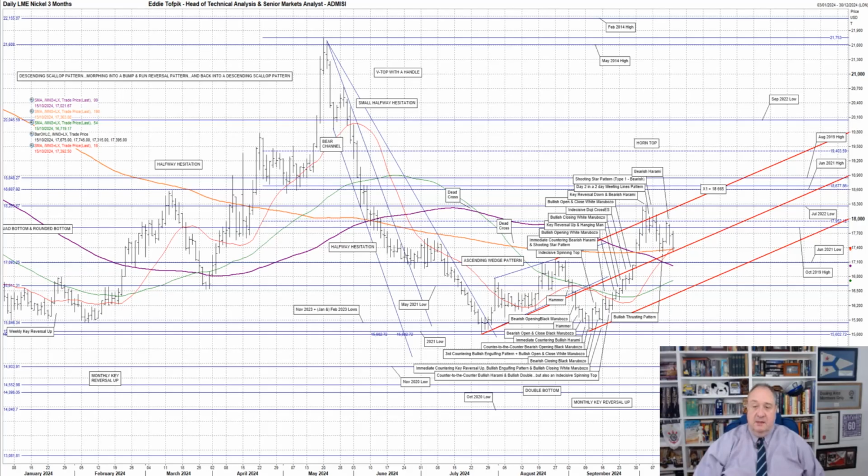It is at this point that I feel obliged once again to mention the big descending scallop pattern I've been going on about for 4 months now, and what it may mean within the near-term universe. So the key level has been and is the lows at 15,840. A significant move below these, and by that I mean you would know it when you see it. A significant break below these would give a potential downside for the descending scallop pattern in the 13,830 zone,